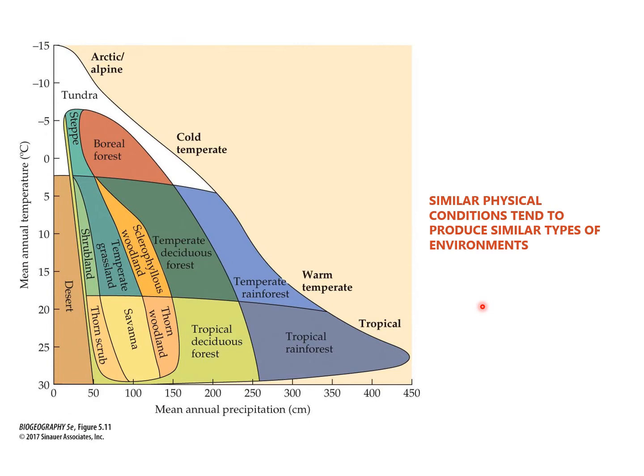But one thing, and we've talked about this, is that we could take things off of a spatial scale and look at these aspatially, in terms of instead of where they are, just what the environmental conditions are. Here we're looking at precipitation and temperature, and this is a famous plot, I think it's called the Whittaker plot or something like that. Basically what we're saying is similar conditions tend to produce similar types of environments. No matter where you are, if you have a mean annual precip of somewhere around 150 to 250, and your mean temperature is somewhere between 0 and 20,